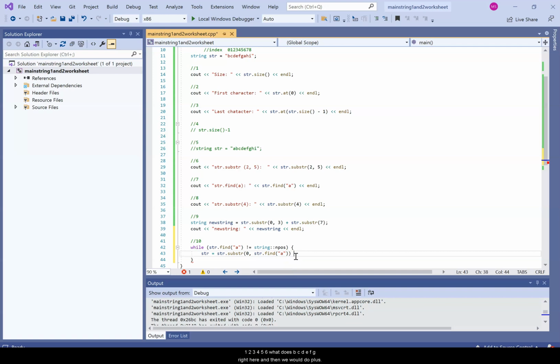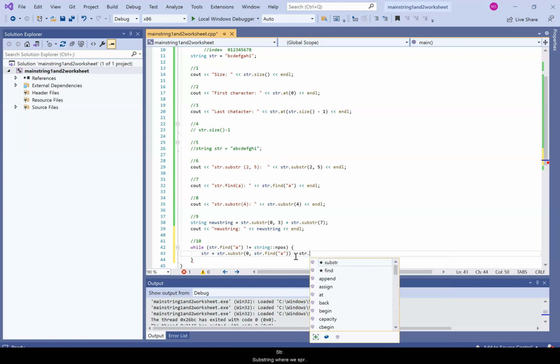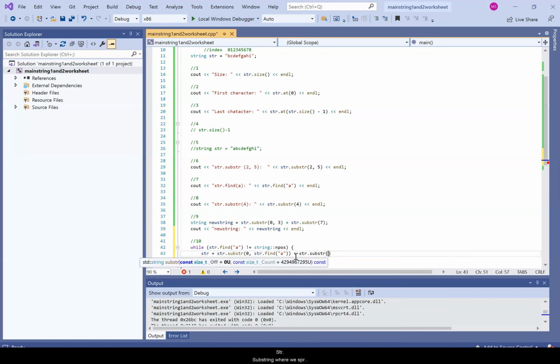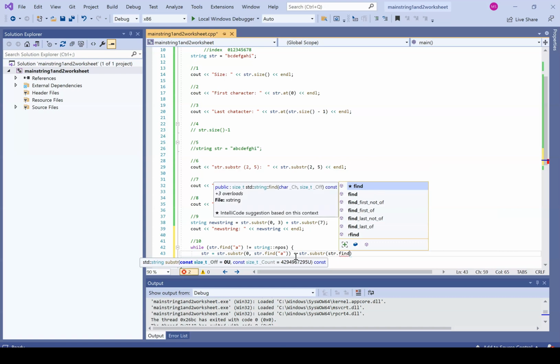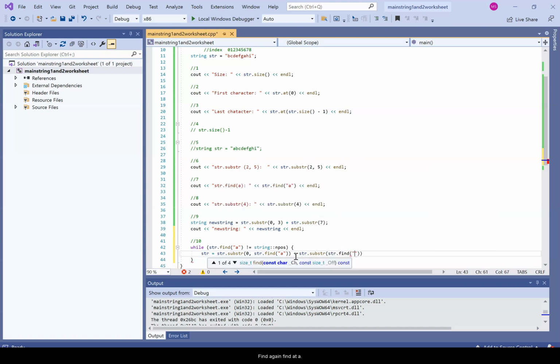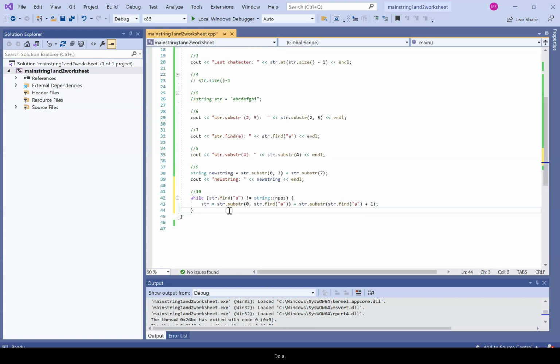And then we would do plus str dot substring, where we str dot find it. We've got to find it again. Find at A plus 1. So it finds it at 6, and then we add 1, and so this becomes 7. So we go 7 on. Okay. So then let's do a